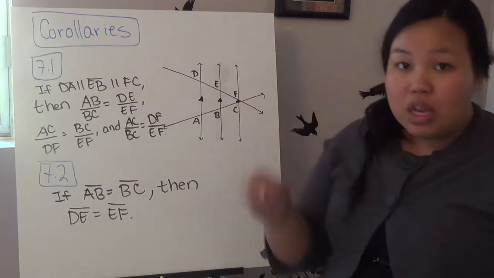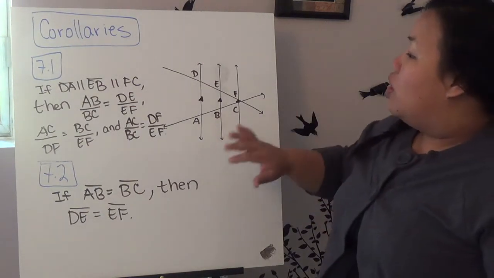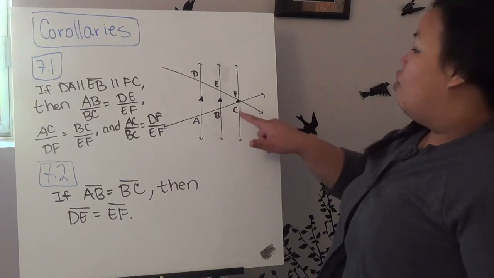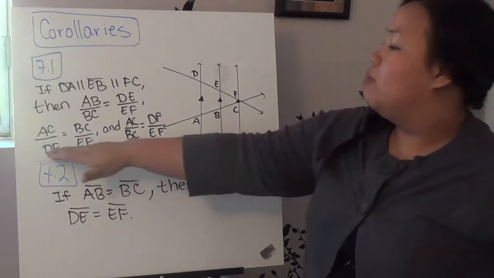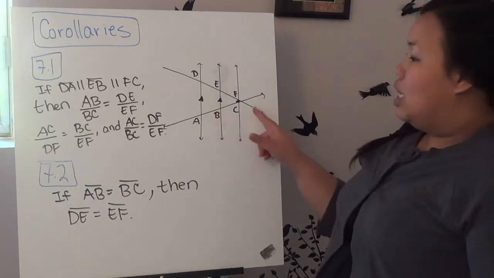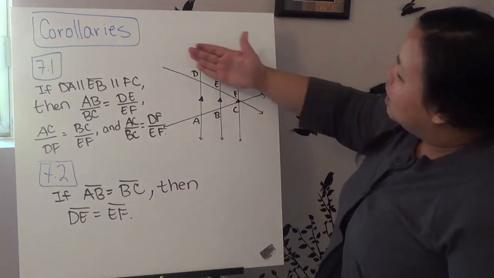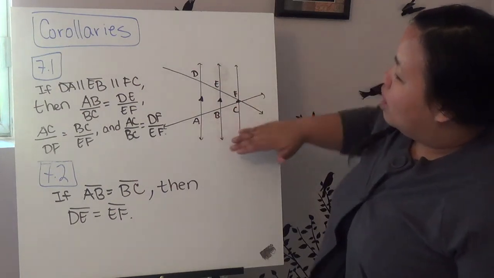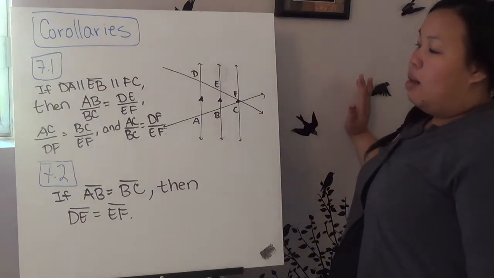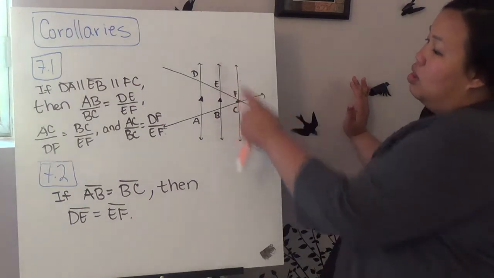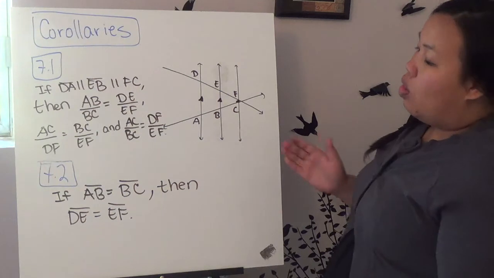Please remember, they're not equal. It's not telling you that AB equals DE. It means that the ratio of AB over BC is the same ratio as DE over EF. And the same thing can be said about these proportions. AC over DF, basically because these are parallel, this line then mirrors this line. Even though they don't have to be exactly equal, they're still proportionate to each other. Corollary